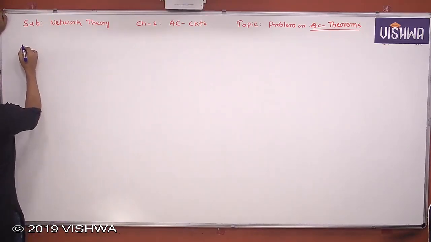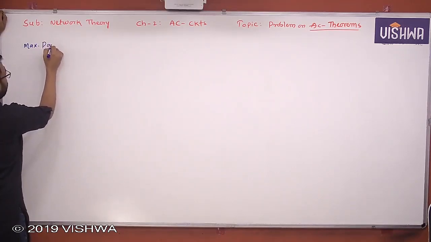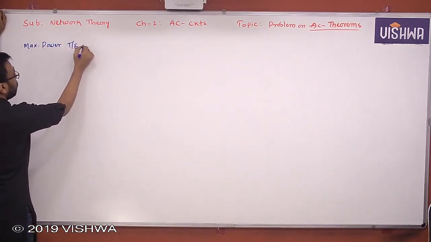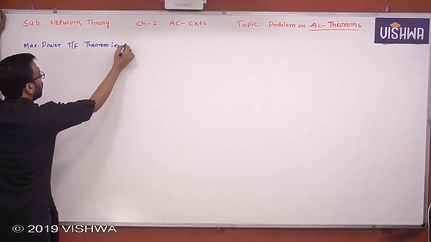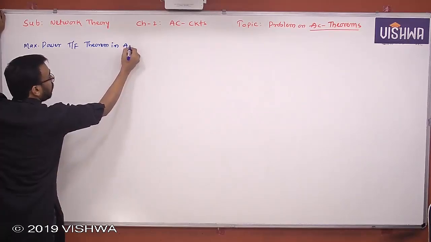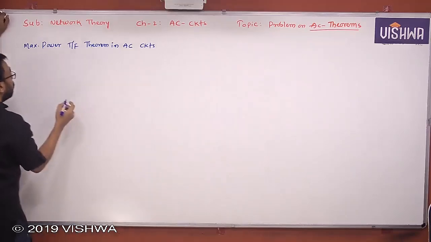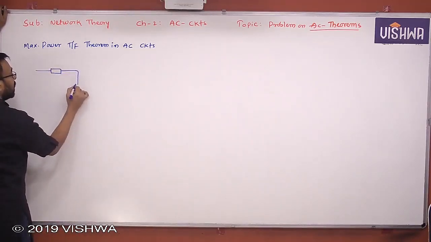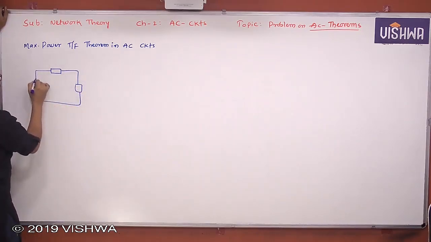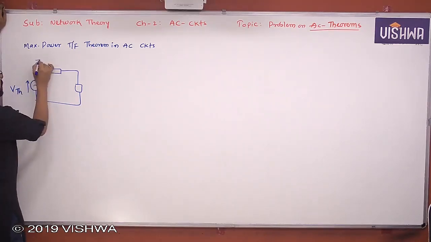So you have a concept, definitely, the maximum power transfer theorem in AC circuits. But in the maximum power transfer theorem, the first step is always to replace the given network by its Thevenin's equivalent. Agree all of you? This is plus, this is minus, no doubt. This is VTH. This is ZTH,